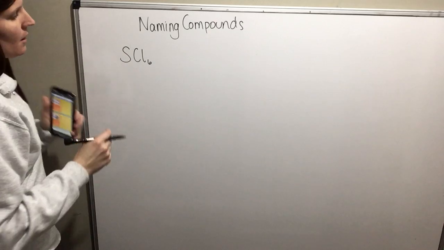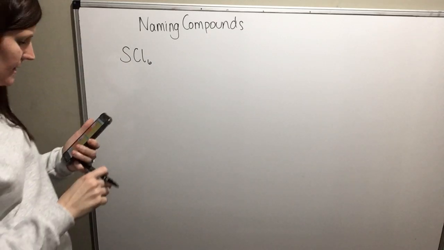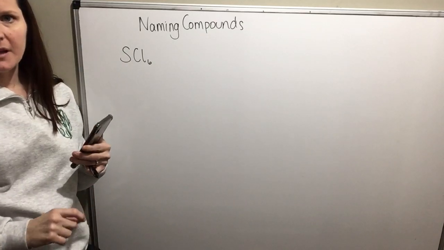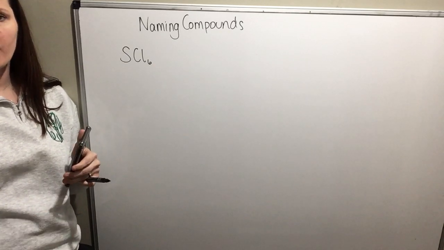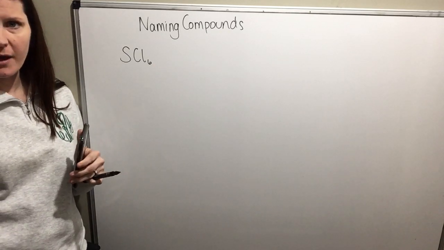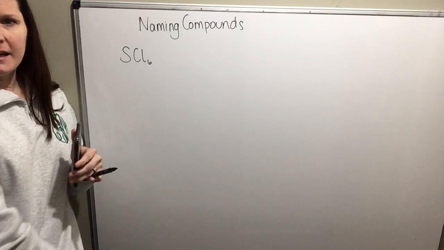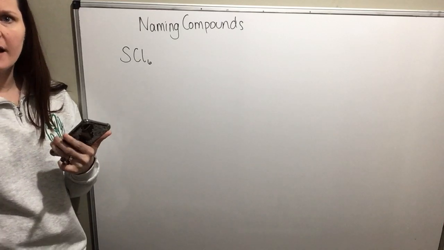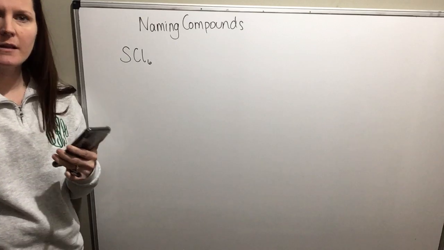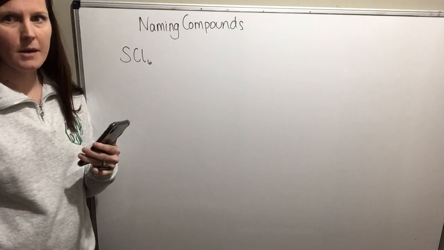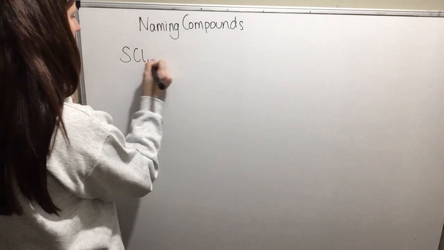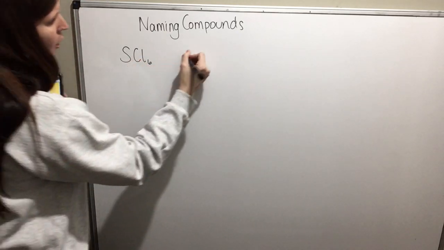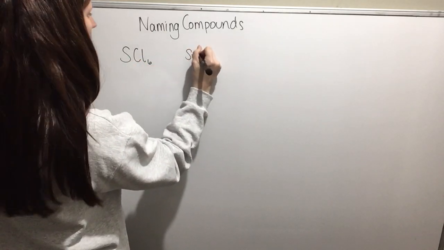Okay, so for S and Cl, you have to know if it's going to ionically bond or covalently bond. Remember, go back to your notes. Ionic bonding happens between a metal and a nonmetal, and a covalent bond happens between two nonmetals. So here we have covalently bonded, and so we're going to get sulfur